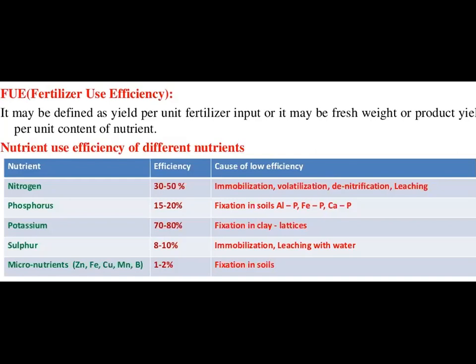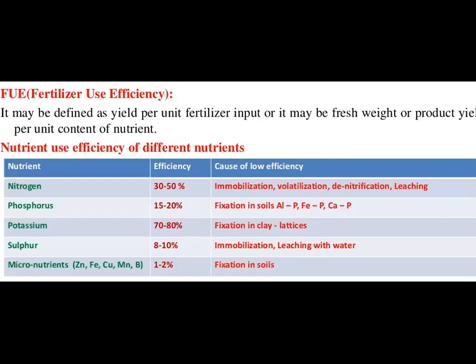Nitrogen, which is very mobile, has an efficiency of 30 to 50%. The cause of low efficiency is immobilization of nutrients, conversion of inorganic form again into organic form, volatilization losses,